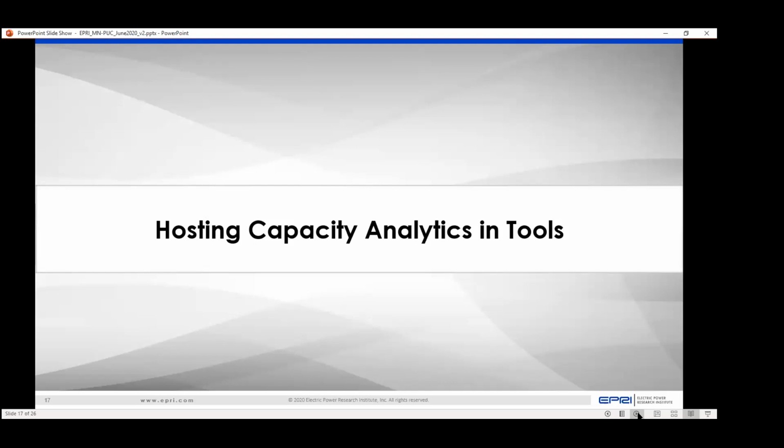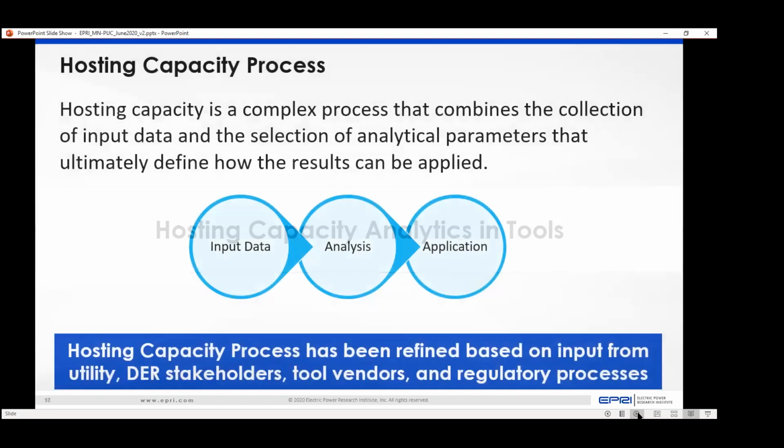So the second part of my presentation is now getting a little bit away from the analytics specifically within Drive, but really looking at hosting capacity and analytics across tools themselves. And there's different tools that can do hosting capacity. I always like to point out that there's a difference between the actual analytics and the entire process, the hosting